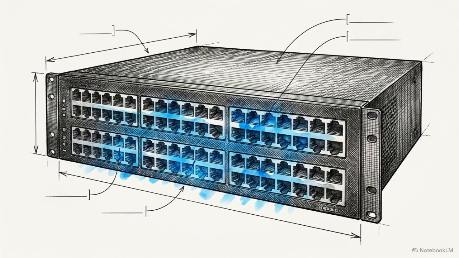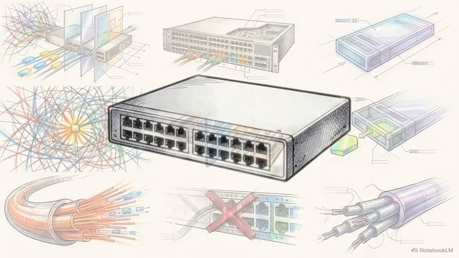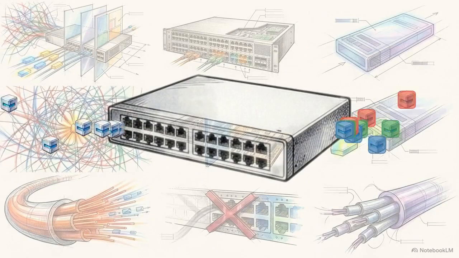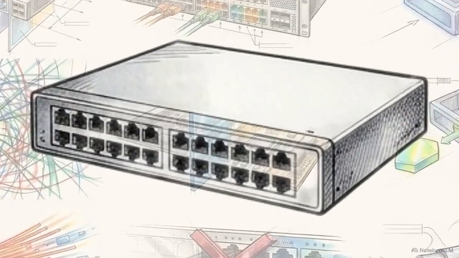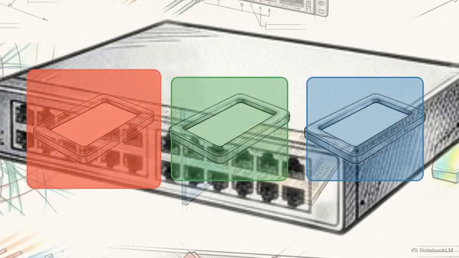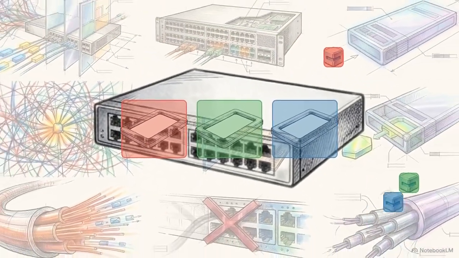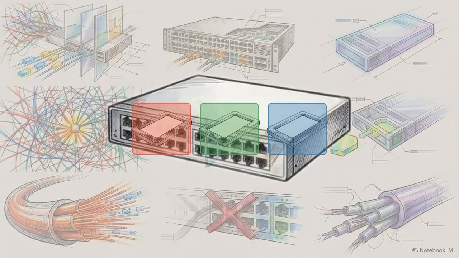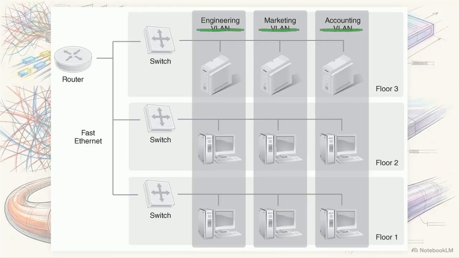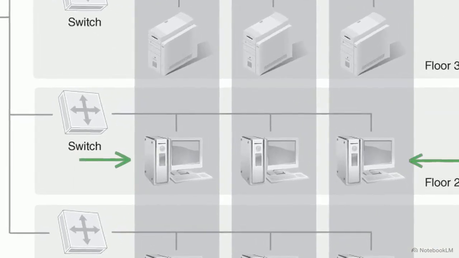The architectural solution begins by taking physical hardware and dividing it logically. This is achieved through virtual LANs, or VLANs, which segregate departmental traffic directly at the data link layer. By assigning specific switch ports to distinct VLANs, the singular broadcast domain is divided into smaller, contained zones. This diagram shows vertical boundaries separating engineering, marketing, and accounting VLANs. A broadcast frame from engineering cannot reach accounting, isolating nodes on the same switch.